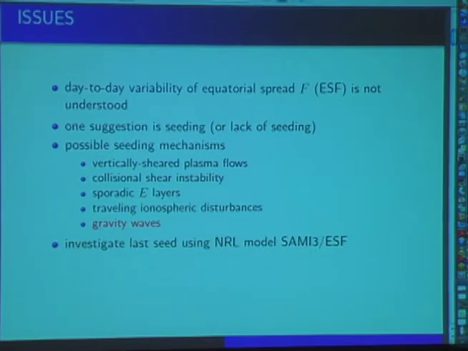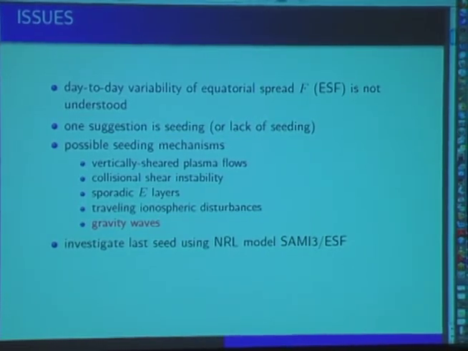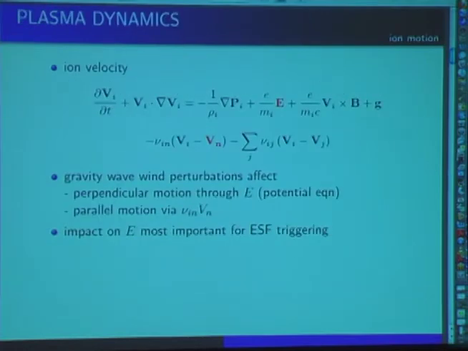It's variable on a day-to-day basis, and that's sort of one of the mysteries, and of course there's lots of factors that might cause that, but what we're investigating is gravity waves as a seeding mechanism to this instability. If they're there, maybe we can trigger them. If they're not there, maybe the instability is not triggered. So that's the motivation. As far as how do gravity waves actually affect the ionosphere in such a way to drive an instability,